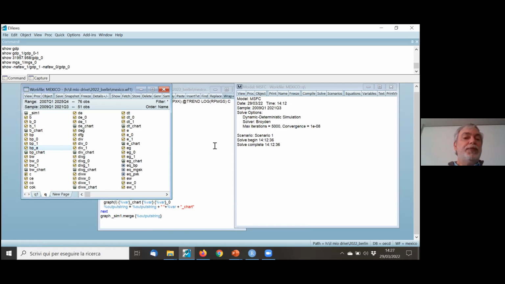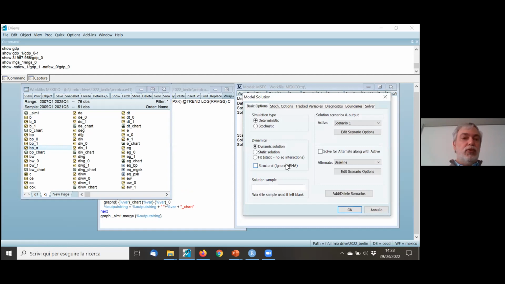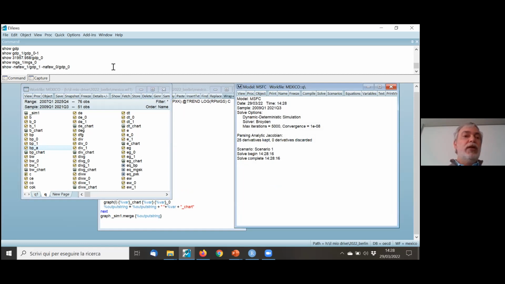So now, if I simulate the model again over the sample, the baseline should be identical to the data. So if I now simulate the model 2009 Q1 to 2021, and now I look at NAFA-W,